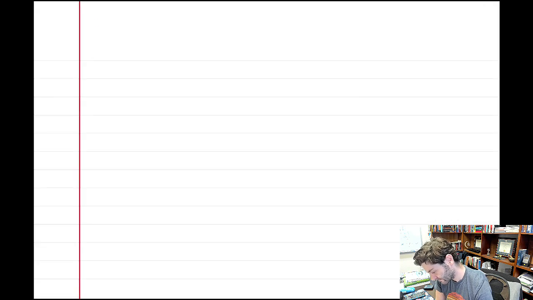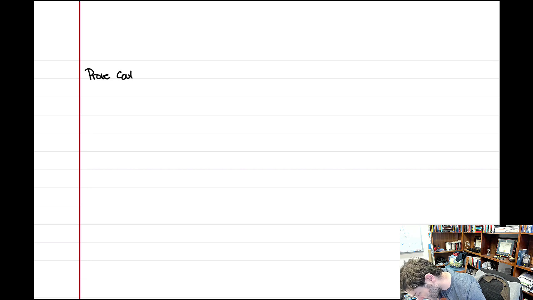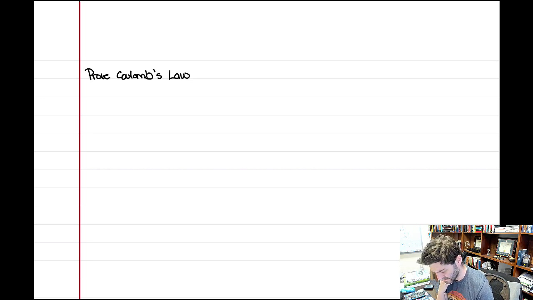All right, so that was an example I did not intend to do, so I guess we get 5 examples today. So let's do, I'm actually going to now prove Coulomb's law. I guess maybe we'll call it Coulomb's law for E fields,